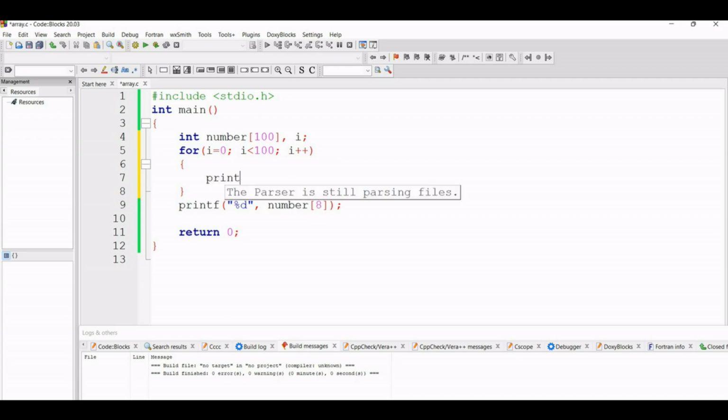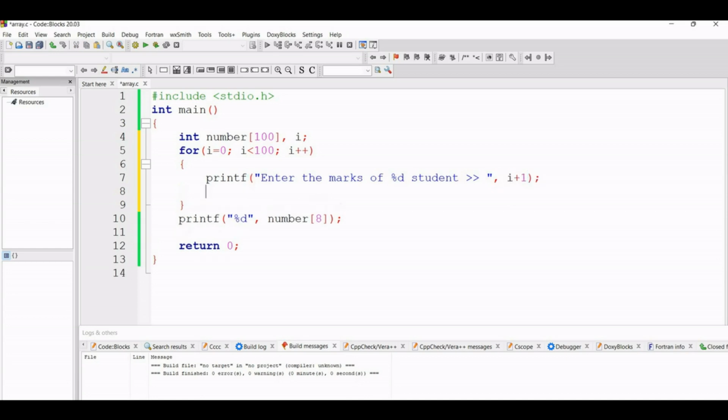Here I will write printf, "Enter the marks of %d student", and instead of this %d, I will give I plus 1.